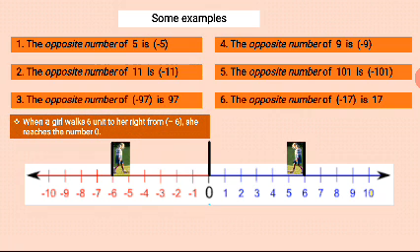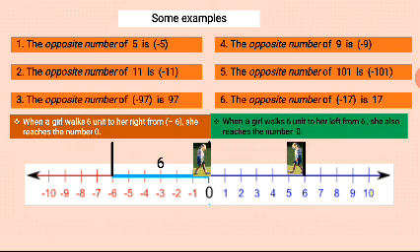When a girl walks 6 units to her right from negative 6, she reaches the number 0. When a girl walks 6 units to her left side from 6, she also reaches the number 0.